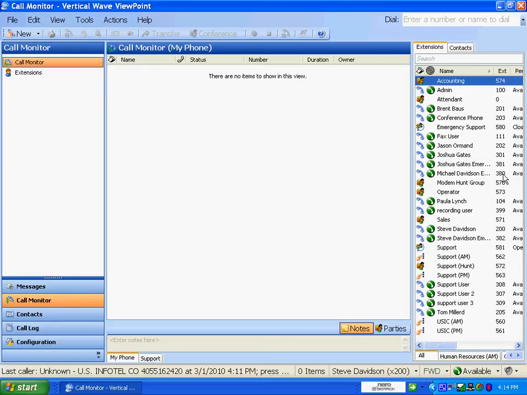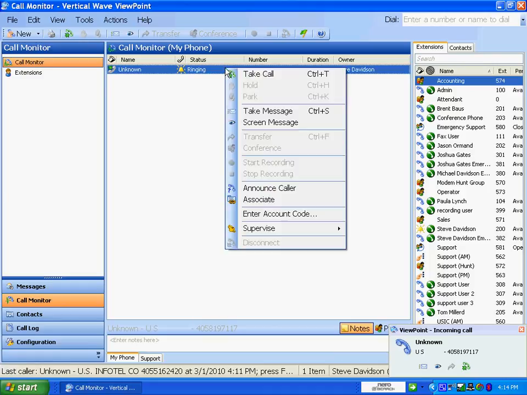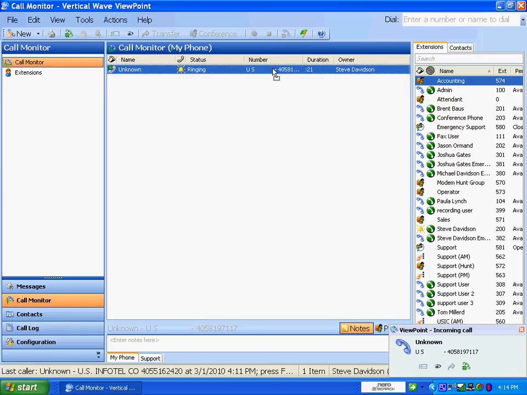On the right-hand side, of course, you can see what agents are available, other employees that happen to be available. And so now I'm sending a call to my workstation. So when the call comes in, I can right-click the call, take a message, screen it. I could actually drag this over on one of the other agents if I wanted to and drop it on